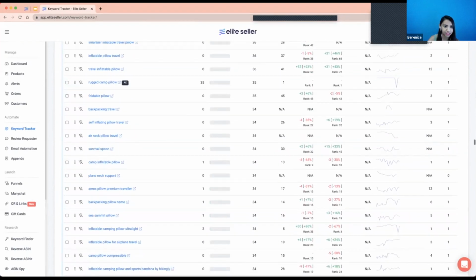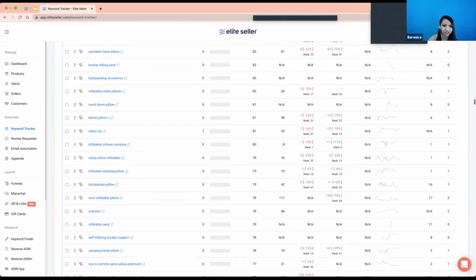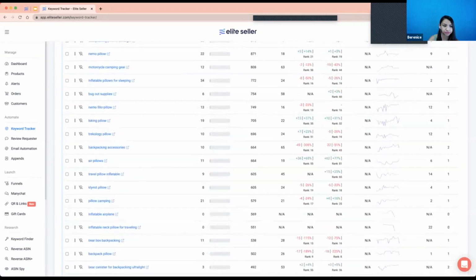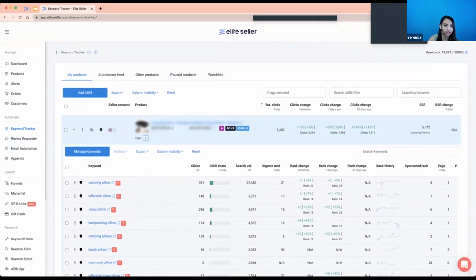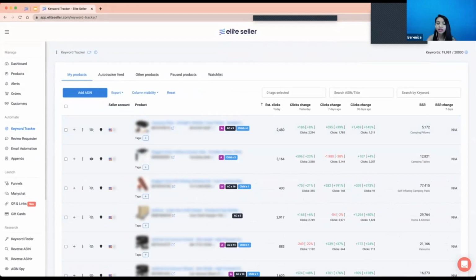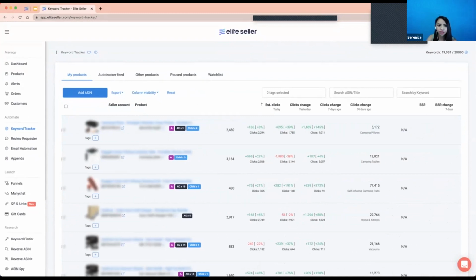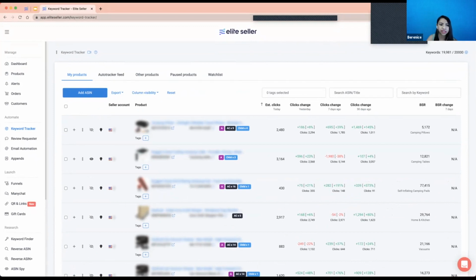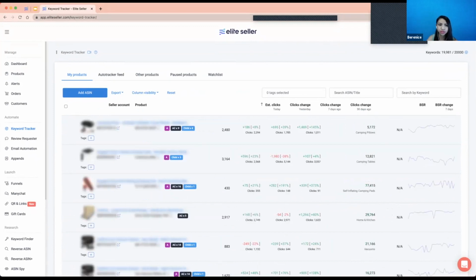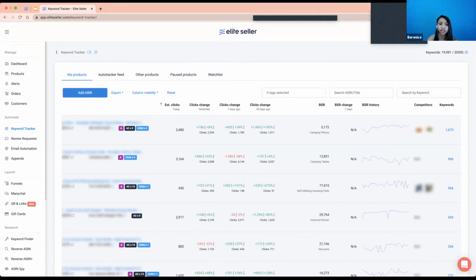And now let me make this list shorter. So let's go all the way to the top here and make it small so we can use the other one. At a product level, you can find, of course, the marketplace or the seller account this product belongs to, the estimated clicks this product is receiving each day. The clicks change with different time ranges compared to yesterday, the 7 days before, or 30 days ago. The current and main BSR category your product is at, the ranking graph, and here you can see those two